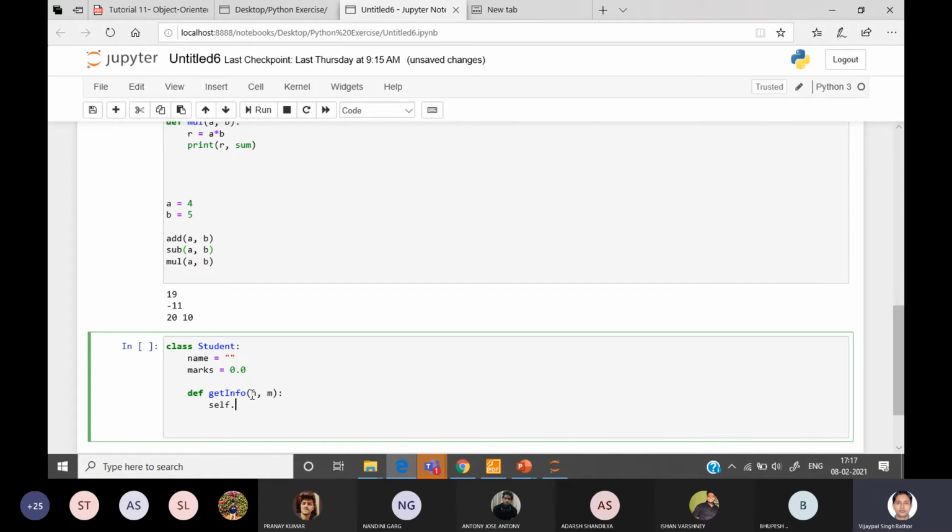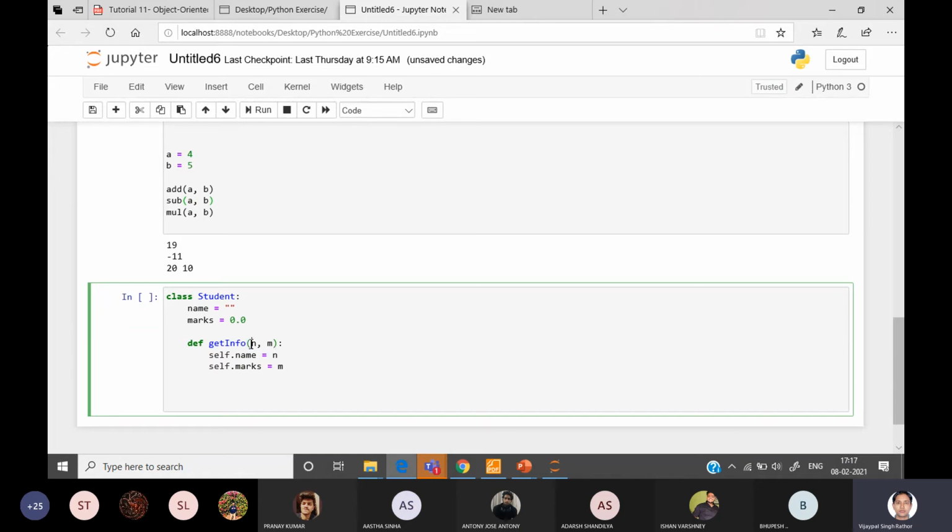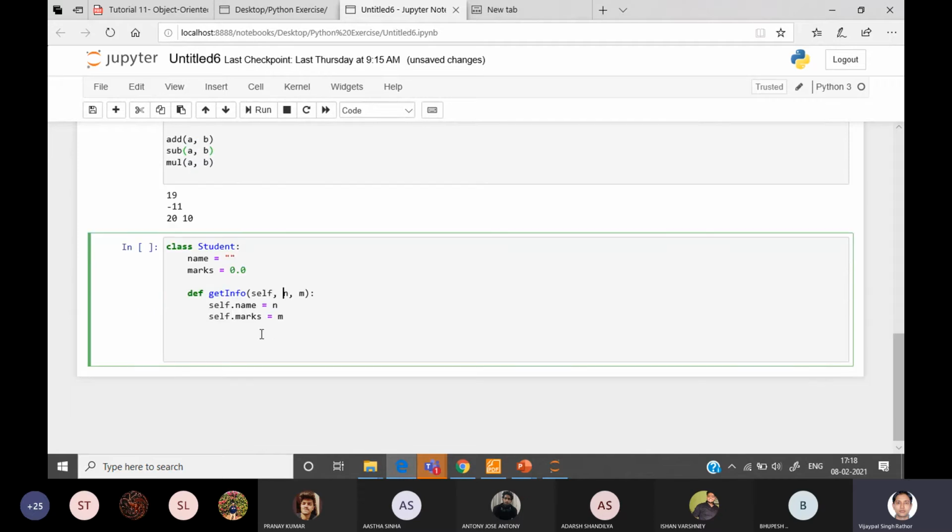We will see it later. Self dot name equals n, self dot marks equals m. Whenever you write this, you also need to pass self inside this function. Self is a fixed type of argument that you have to use whenever you are using these class variables. These are the two members of the class, so whenever you use them inside a function, you need to use self.